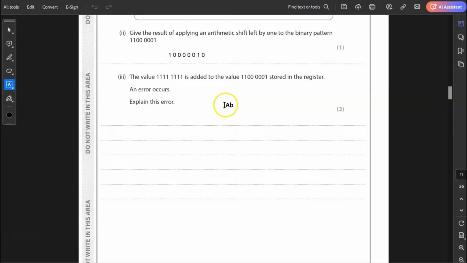3. The value here, 11111111, is added to the value 11000001 stored in the register. An error occurs. Explain this error. Now you don't actually need to do the addition. The error that's happening, which should be obvious if you look at the most significant bit, is you're going to